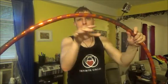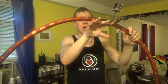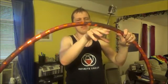But something like this doesn't have a ton of fuel on it. Also, if I look at this, my performer's going to be on the inside of the hoop probably, the wicks are on the outside. Much less chance of them touching the performer. So I can be aware of that from a safety standpoint. I know it's not a super high risk. Obviously anything with fire you want to be careful of, but I know that a fire hoop is not a